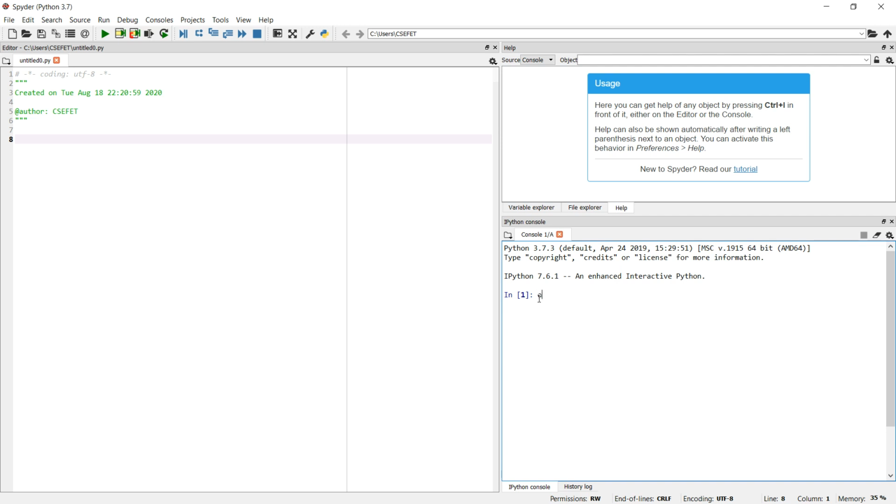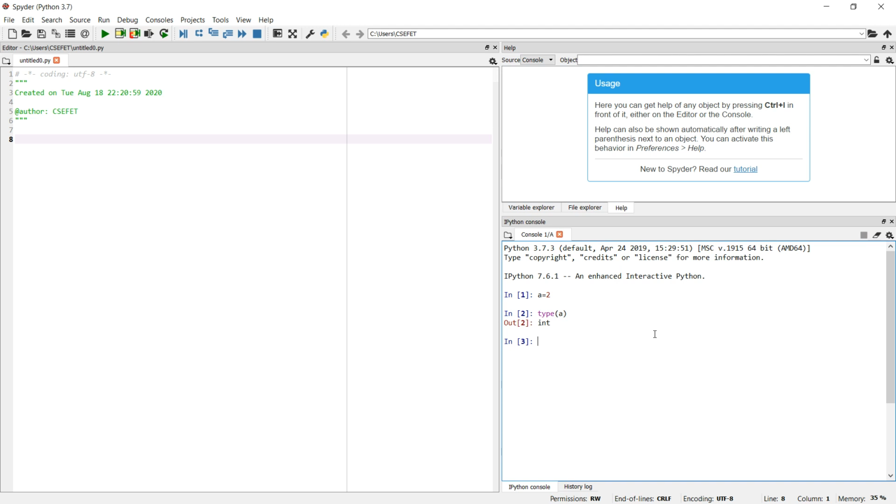For example, if on my screen I write a equals 2, this creates a variable a which is of type integer by default, because I am giving an integer value. I do not need to write int a. a becomes a variable of type integer. Now to check whether this is of type integer or not, Python uses a function called type. If I put type of a, it will give the type int.